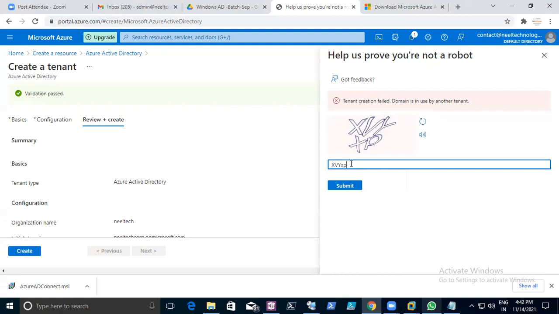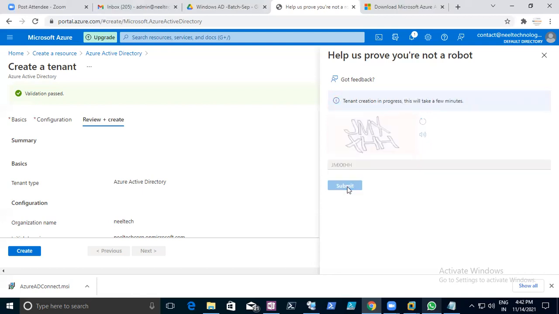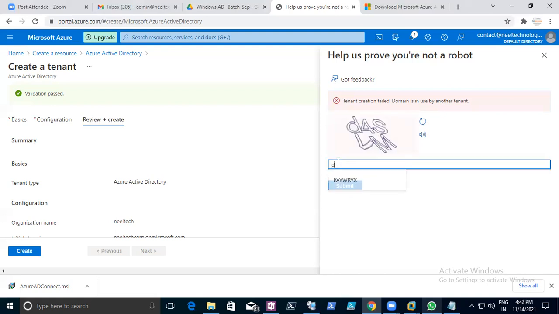Small X, small P. I think Y is also small. I think all are caps. Should work now. Maybe. What is happening, guys?